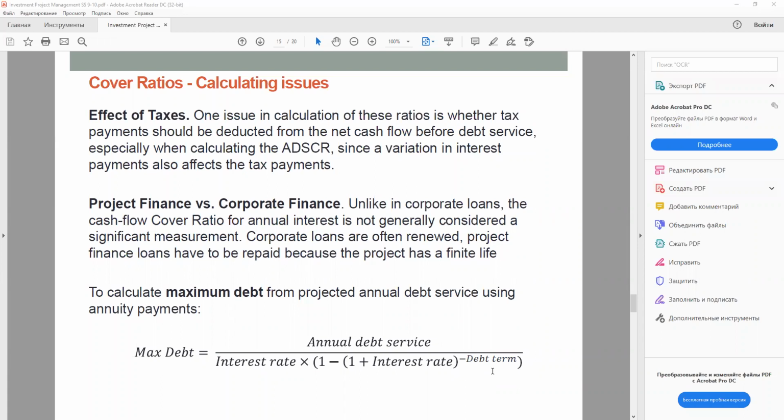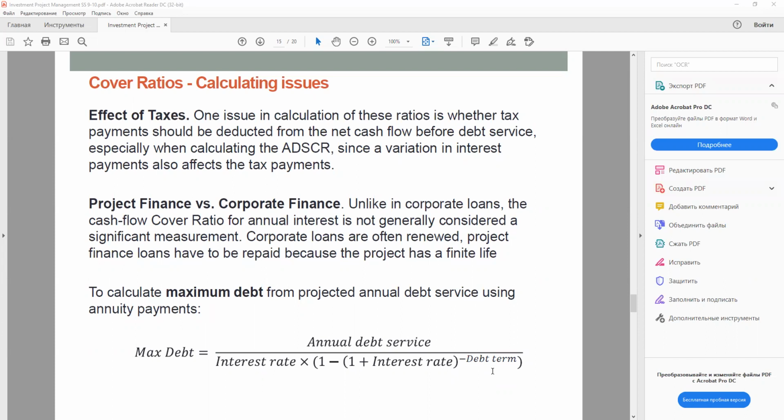Although significant fluctuations in tax between one year and the next can be dealt with by placing cash in a tax reserve account. However, so long as the inclusion or exclusion of taxes is taken into account when deciding what the ratio levels should be and dealt with consequently, the choice of approach is not too important.